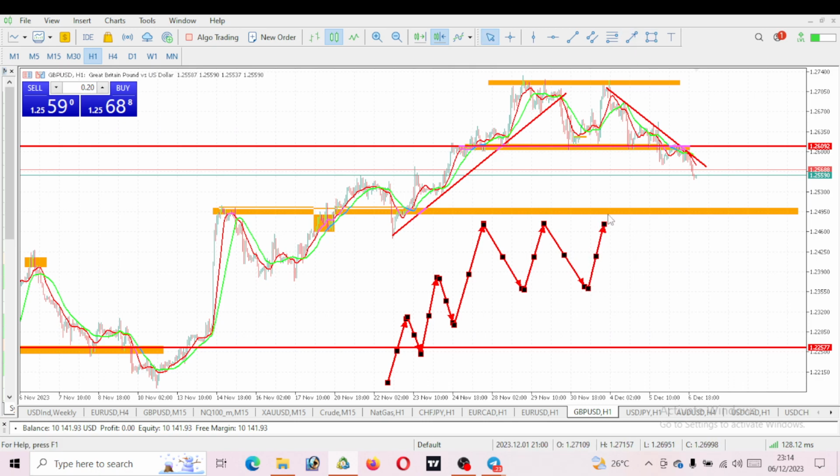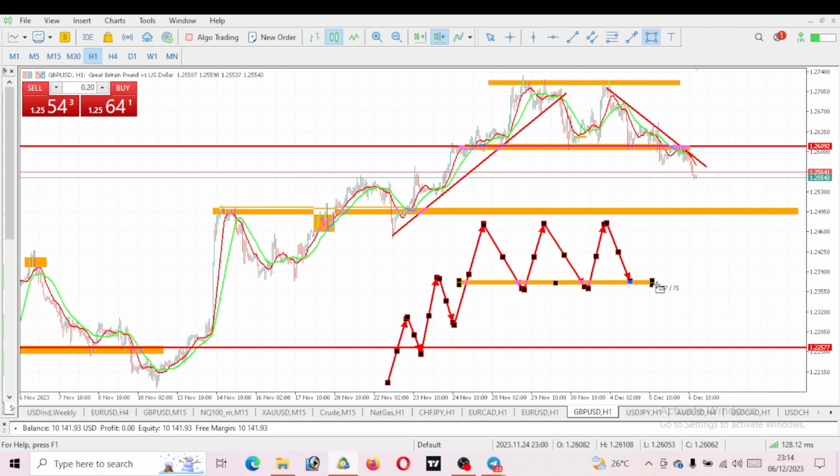So it means the market is now ranging. At first, it was trending up. Now it was ranging, right? So you can easily take this to be the support, and this will be seen as a resistance level. So all you need to watch out for is a breakout. There are two ways the market will break out. There is going to be a breakout, so all you just have to do is keep your eye on it.